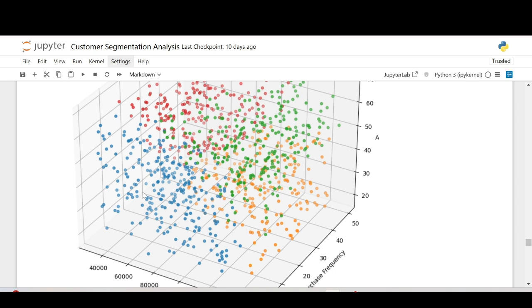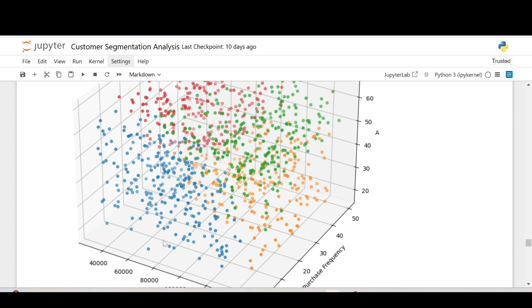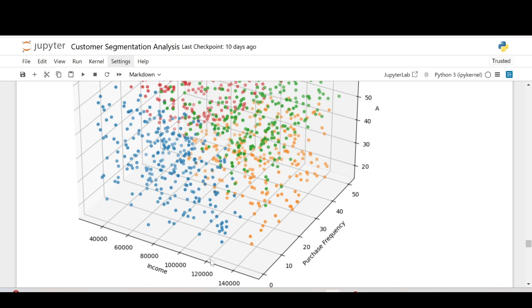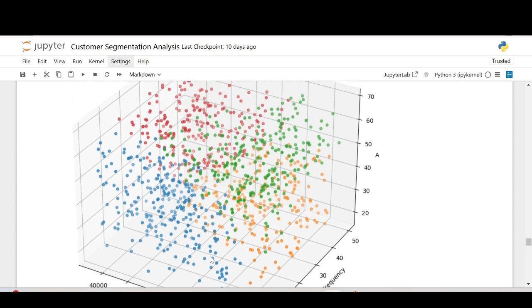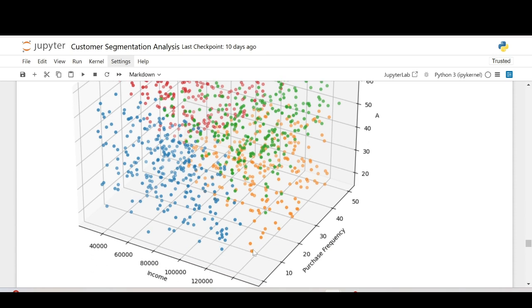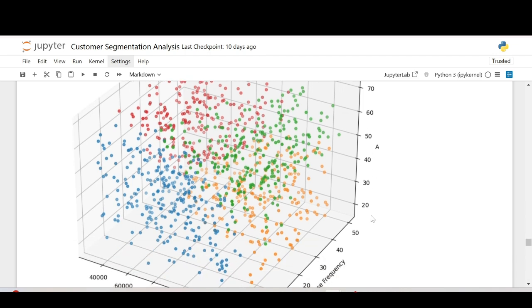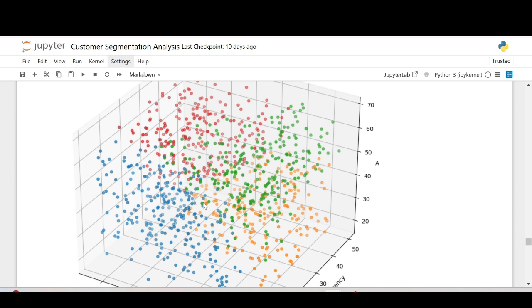as the visualization has become much easier for us to interpret which type of people belong to which cluster. So you can see that the people who are earning less, up to a maximum range of slightly less than 1 lakh 20,000, or having slightly lower purchase frequency, but their age group is under 60. So this is the analysis we can perform in the same way for the red, the green and the yellow